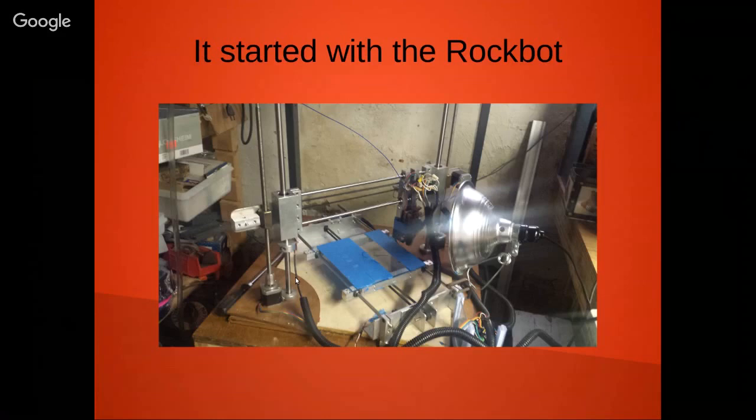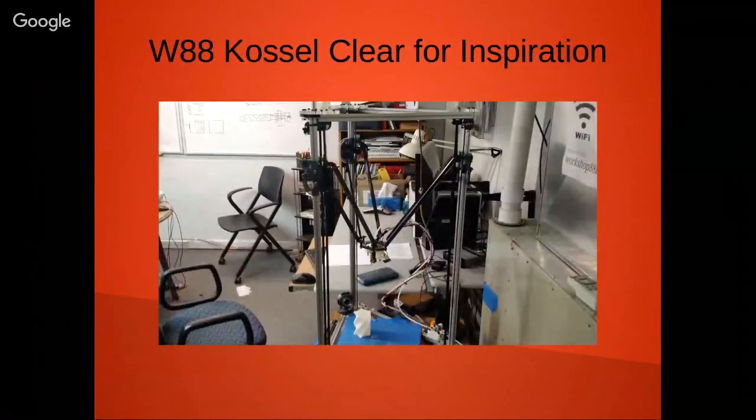Been really pleased with that, but once you start getting into a 3D printer, what's the first thing you want to do when you have a 3D printer? You want to make more 3D printers using your 3D printer. So that's one of the things that happened. At our Workshop 88, we bought a Kossel Clear 3D printer, which was basically laser cut acrylic plastic using standard forms. And I started looking at that, and I was like, oh, wow, this is really cool. I can do something like that. So